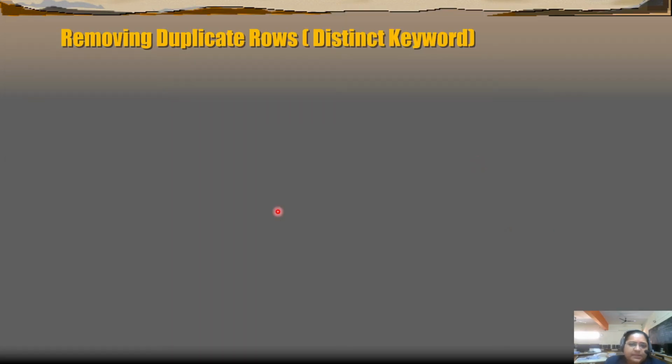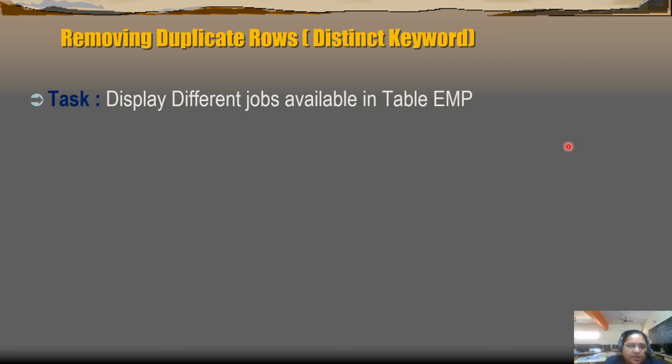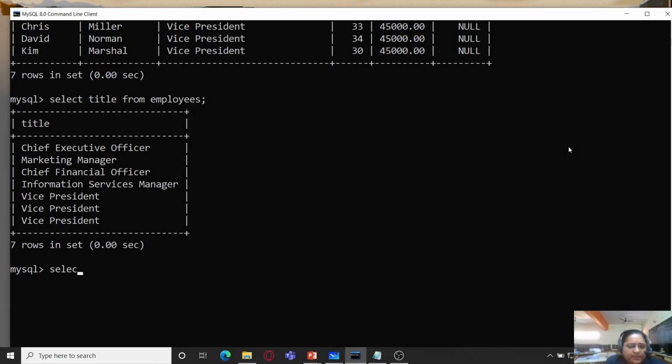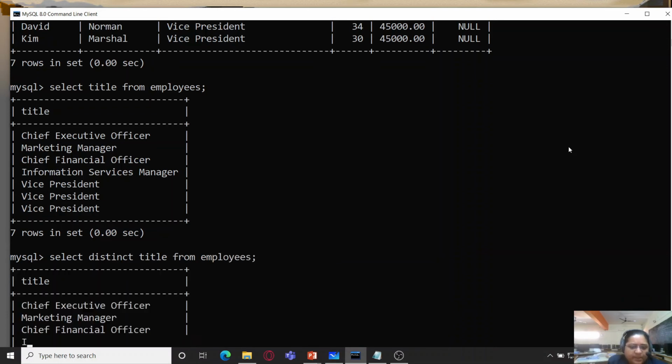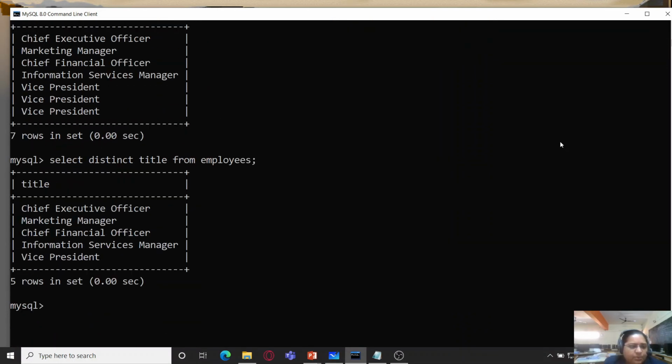So in that case I will be using the distinct keyword, to remove the duplicates while displaying the values for a particular field. So let us do this. Select distinct title from employee. So I'm using the distinct keyword over here, and now you can see that unlike the previous result, now we are getting vice president only once.